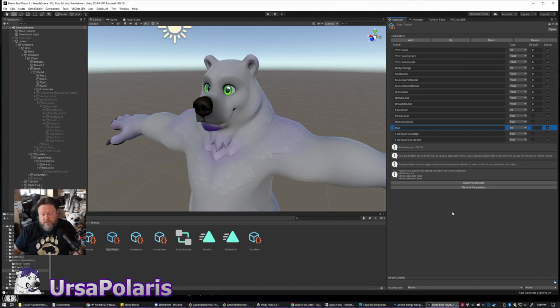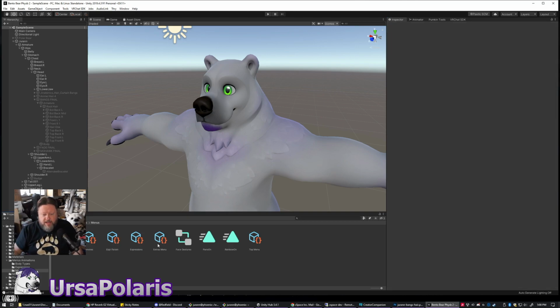Lots of crazy things you can do with all of these values. All right, so that's expression parameters. We're set up there. Then the next thing to do is identify your root menu, what you're going to be working with. If you're not really familiar with your project, possibly one of the easiest ways to do that is